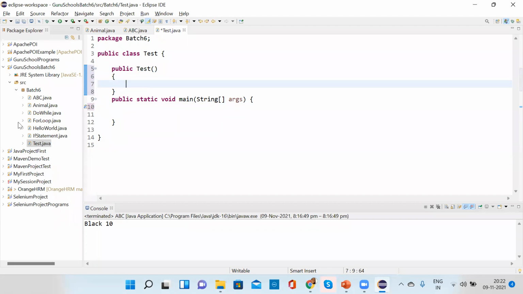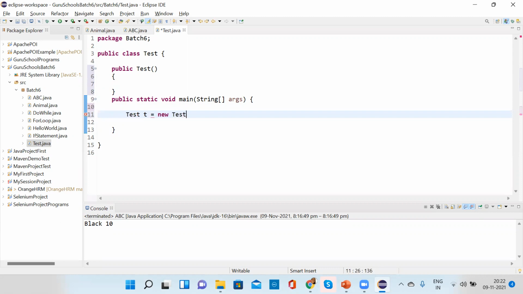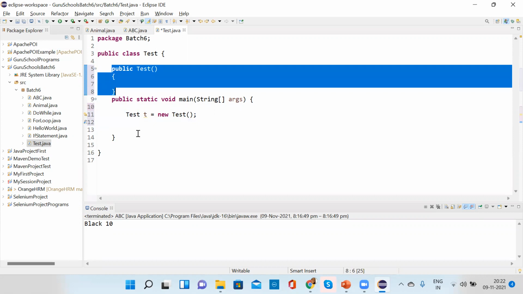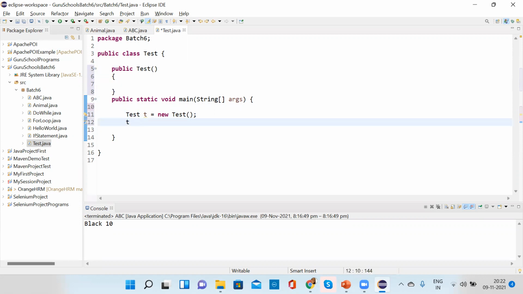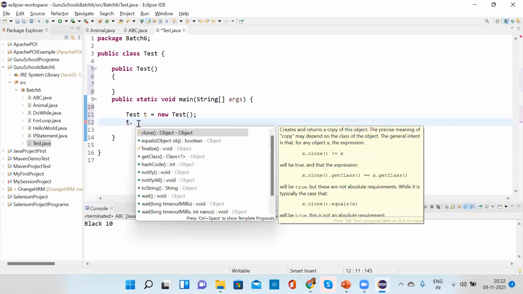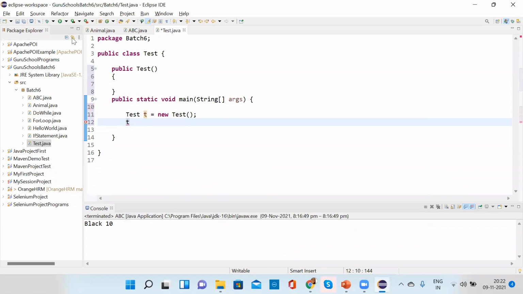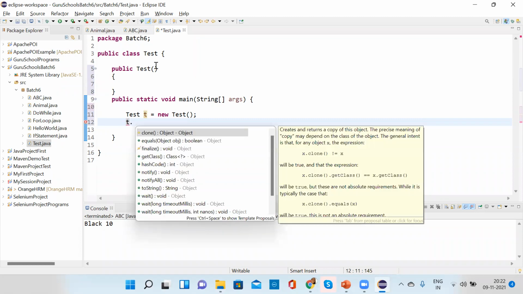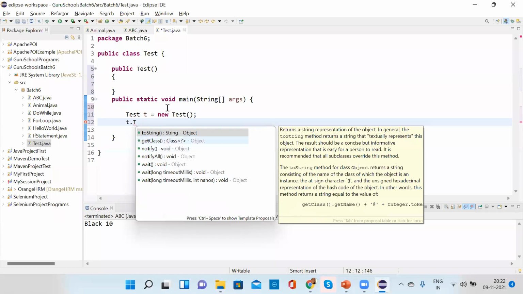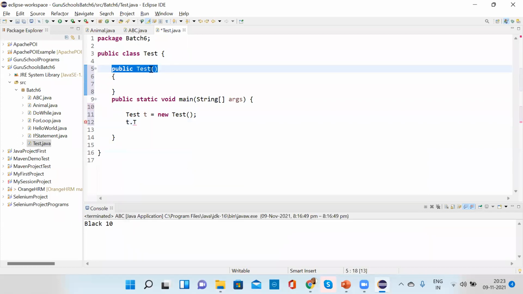So suppose inside the main method I have created an object of type Test. It will automatically call this constructor. So this constructor is called. We don't need to write t.test. It will not allow you to write this method. See, it's not there because it's behaving as a constructor.